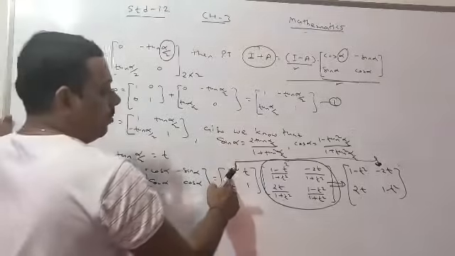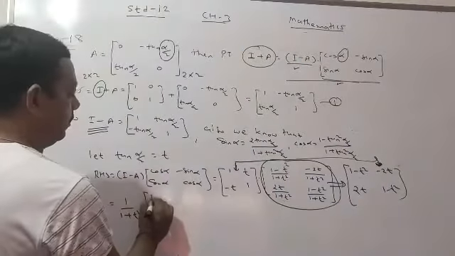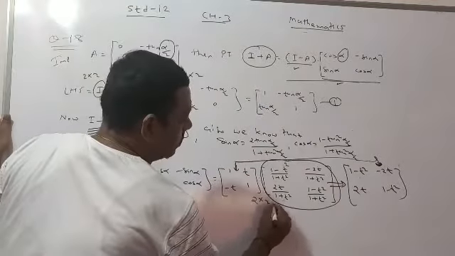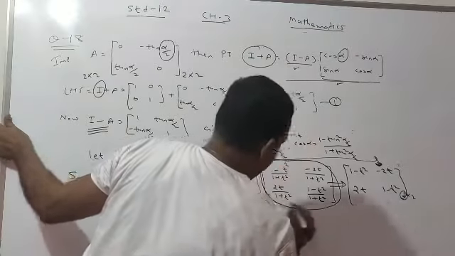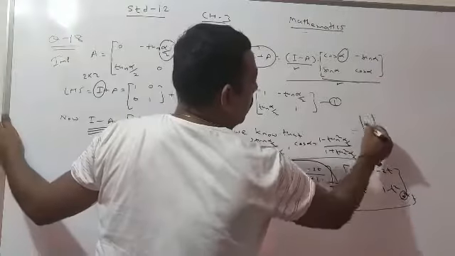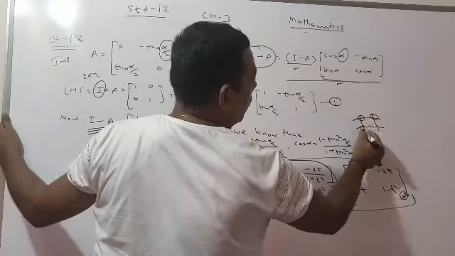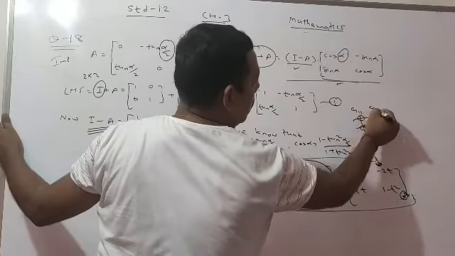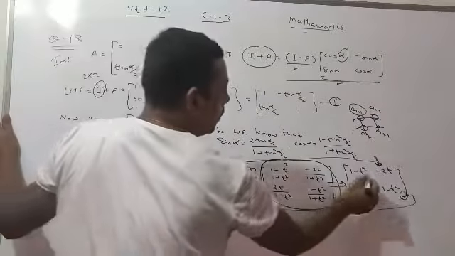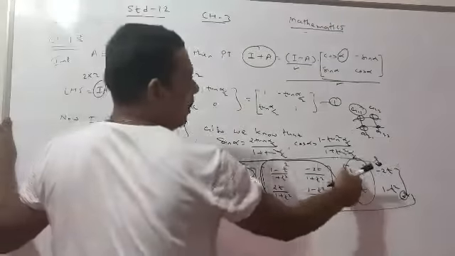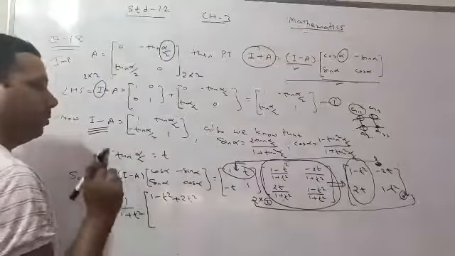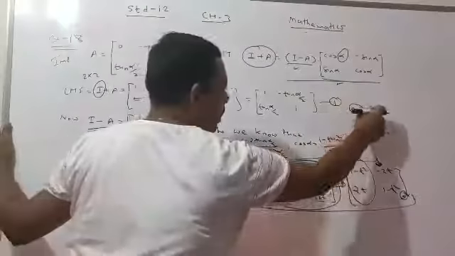So now 1 multiply with 1 minus t square. So it is 1 minus t square. Now t multiply with 2t. As this matrix is 2 by 2, this matrix is 2 by 2, product is possible and the result is also 2 by 2. 2 by 2 means 2 rows, 2 columns, where the entries have names A11, A12, A21, A22. 1, 1 means first row, first column. 1 with 1 minus t square and t with 2t. So plus 2t square. See, this is my first entry, 1, 1. Now 1, 2.